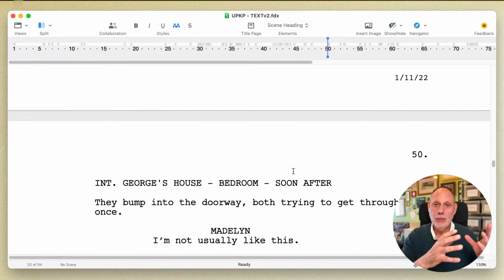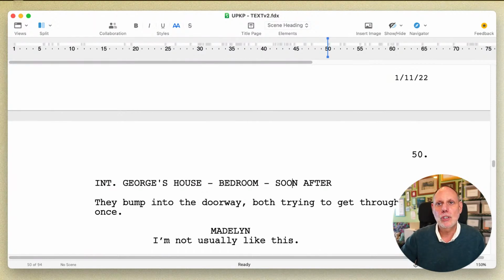Okay, so as I read through each scene, I make some basic notes. The most important thing is this: is this scene basically right? Am I on the right track? Is what this scene is about right? Because then I can say, try and make it better, as opposed to, this scene isn't working. I have to figure out what it really is about.